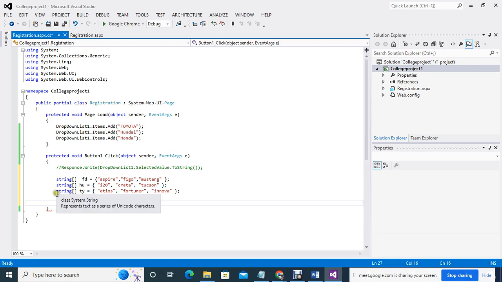You can create that for them also. Let's create one more for them. This is for Tata. That is Safari only, some strong. FX, SF, whatever it is. And then we have